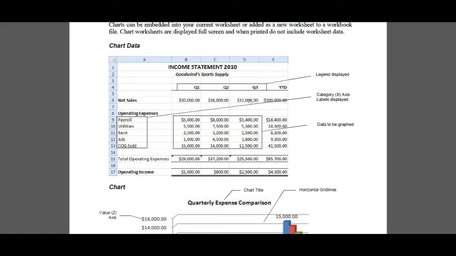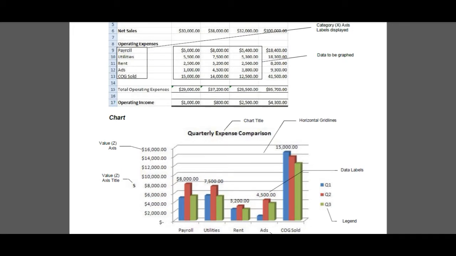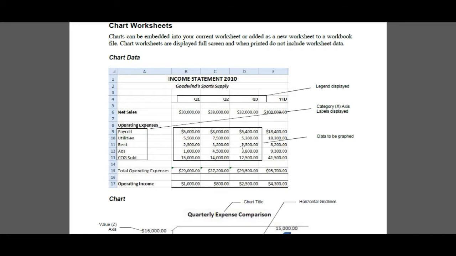We're also going to have the legends that are going to be displayed, so that's going to be Q1, Q2, Q3. The legends are referring to the data, so here's our data for Q3, here's our data for Q2, and our data for Q1. You can see that below as well. So blue is denoting Q1, red is denoting Q2, green Q3. Got the data to be graphed,